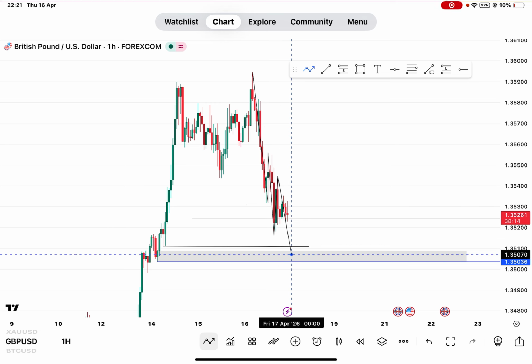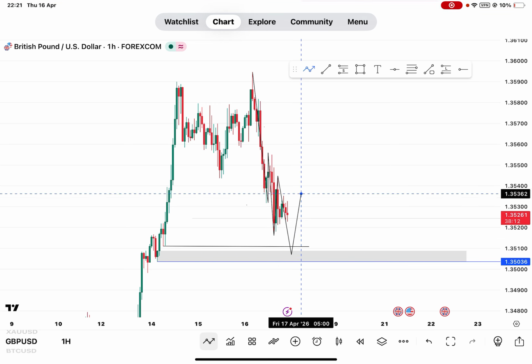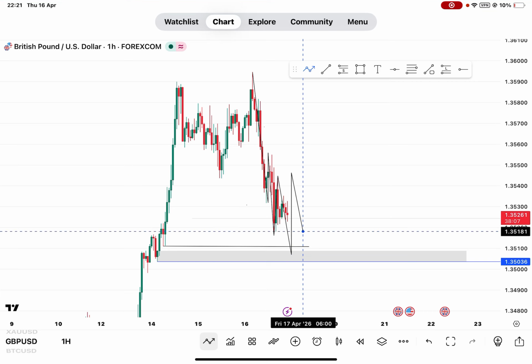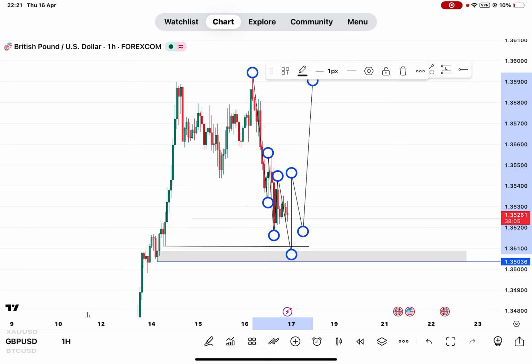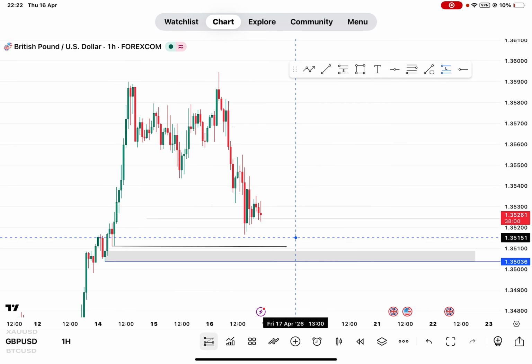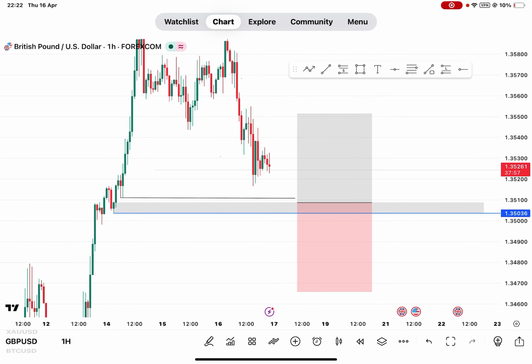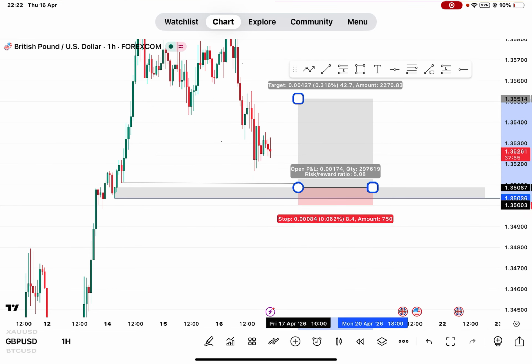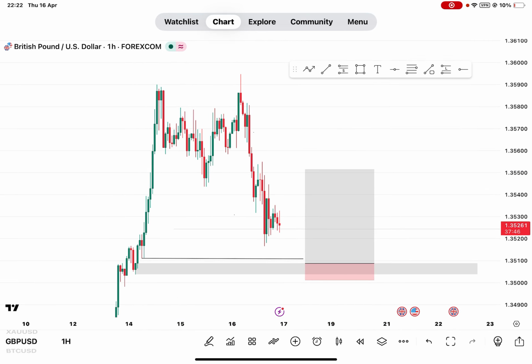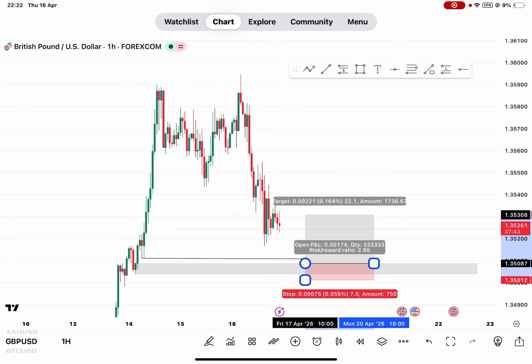When the market gets to this place, you have to wait for a market structure shift. If you see a market structure shift, then you can look at your entry model and wait for a pullback before continuing your movement. And if you are the aggressive kind of trader, you can just take a buy over here, your stop loss just below the zone that is protected, and then you can target wherever you want. Maybe 1:3, 1:4, 1:5, 1:6.